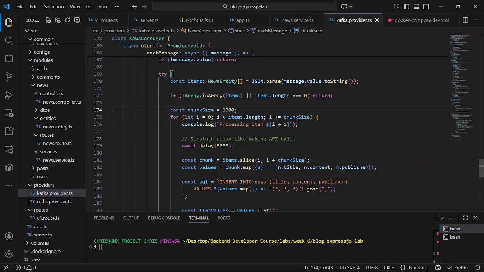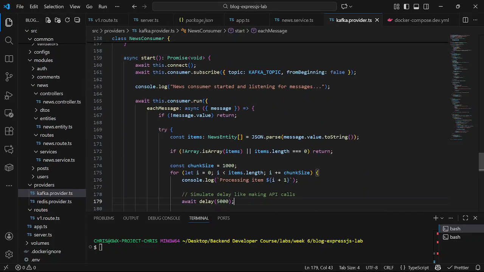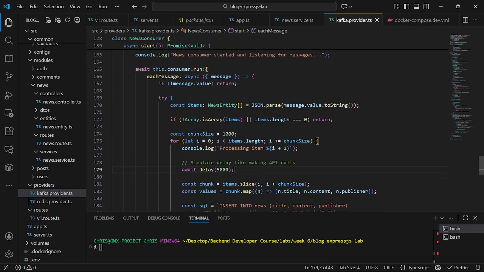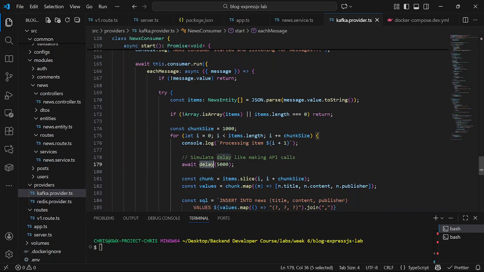When this is done, there's something I did here. I added the simulation on the consumer: when we send a task to Kafka and the consumer starts executing it, I add a delay of 5 seconds to simulate. Maybe I told you guys that we can use Kafka for processes like the ETL process, the extract, transform, load process, where you have to build a server or an endpoint to get data from a source, and process each of those data.